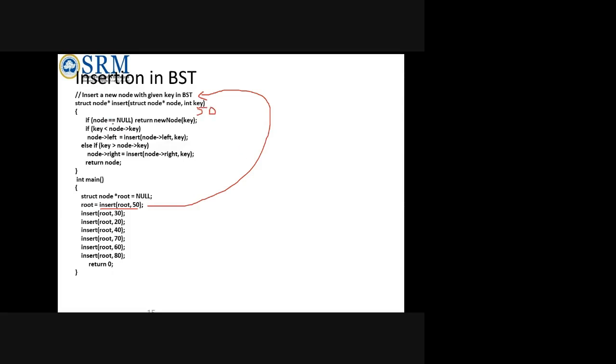Okay, so now node is null. Because this is the first insertion, the node is null because we don't have any other node. So return the particular new node. So your 50 will be like here. Okay. So now next, it will return, and next 30 will go here. Now instead of 50, 30 will be there. Okay. So 30 will be going, and now the node is not null because already you have 50.